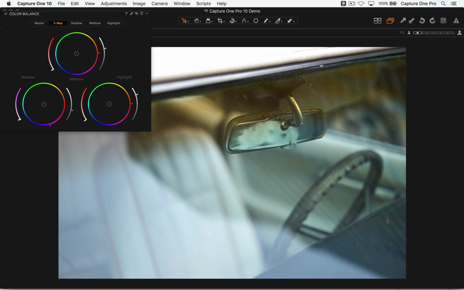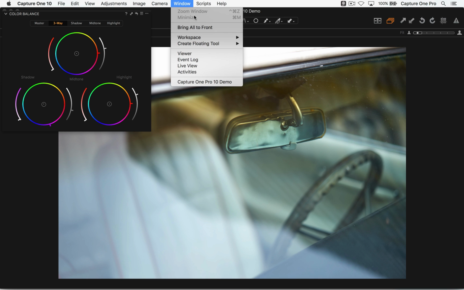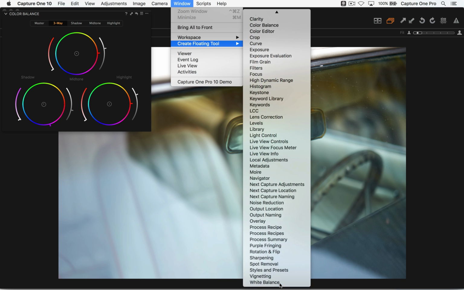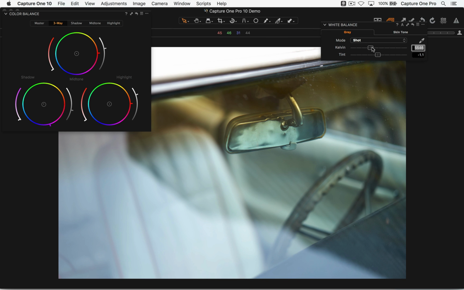Julien, you must have missed the first part. Why would you use the color balance tool for toning instead of modifying the white balance? Because it's two different things. The white balance is going to be operating over the whole image. Sure, if you wanted to, let's just create the white balance. If you wanted to use white balance, we can go warmer and colder and so on.